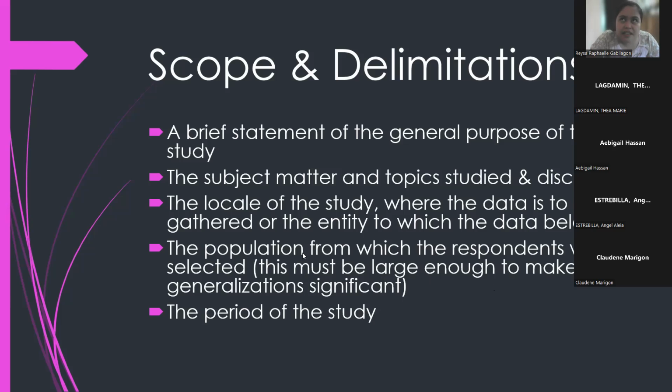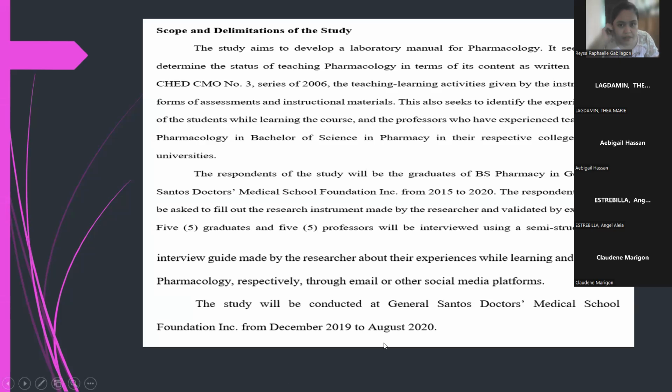So kagaya sa kanila, sa study kanina, millennials of General Santos City. So they have properly identified that also in their scope and delimitation. And lastly, the period of the study. When you say period, it's the time frame of the study. So this is an example of a scope and delimitation. It's not necessarily mahaba. Kailangan mo lang i-provide yung talagang scope ng study mo. Number 1, the objective of your study, and a little information about your research topic, and then followed by respondents of the study, and